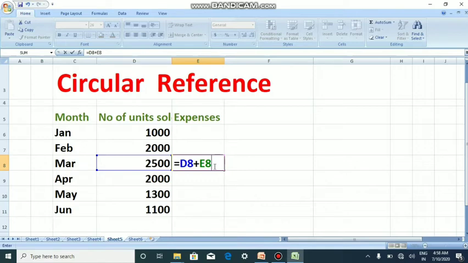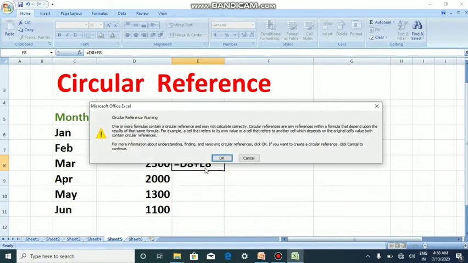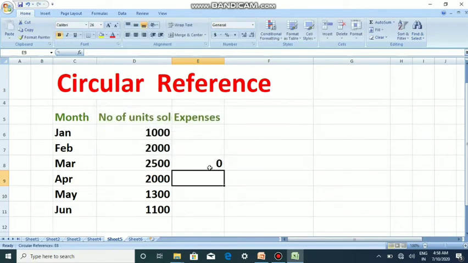We'll see what is happening. Referring in such a manner is known as circular reference. When I press the enter key, you have noticed that a circular reference warning message is displayed by Microsoft Excel, and when you press OK, you will get a 0 displayed on the screen. We'll check. So 0. This is known as circular reference.